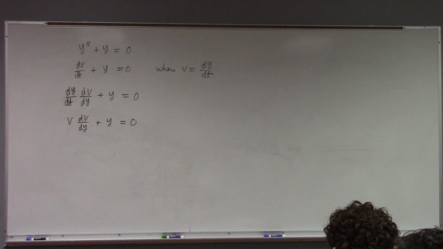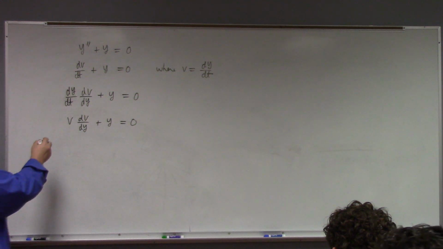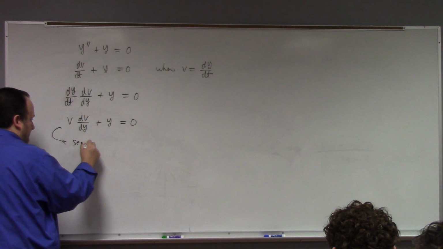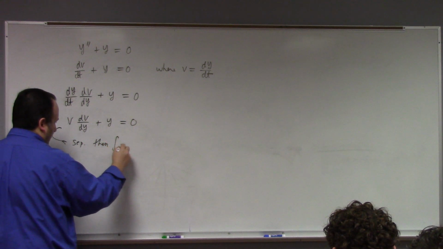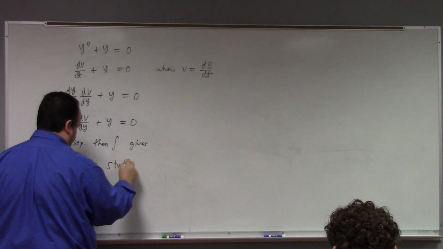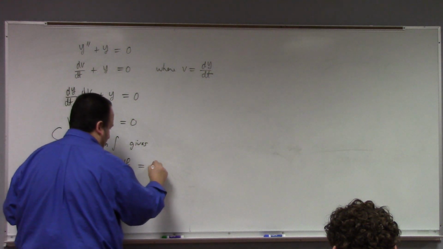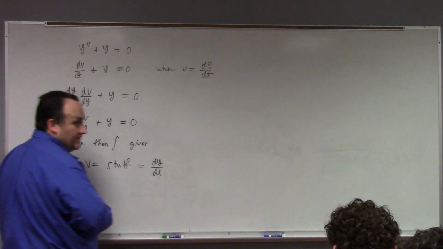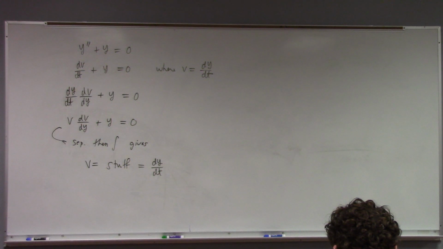Well, you can separate, you can integrate. Once you do that, then you have to integrate to solve back for y. Like this, you separate, then integrate. This gives v equals to stuff, all right? And then, well, v is dy/dt. And then you integrate the stuff, and that gives you y. But that'll give us dy/dt in terms of y. And we can't really integrate y in terms of t with the function t,